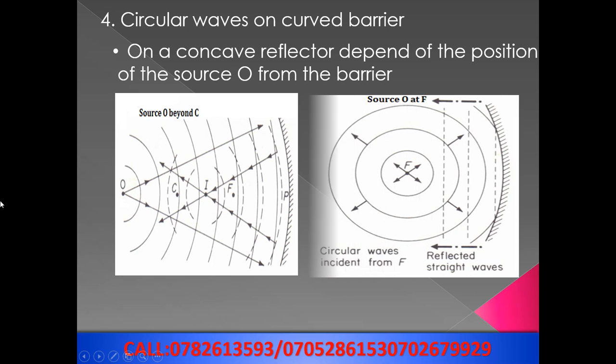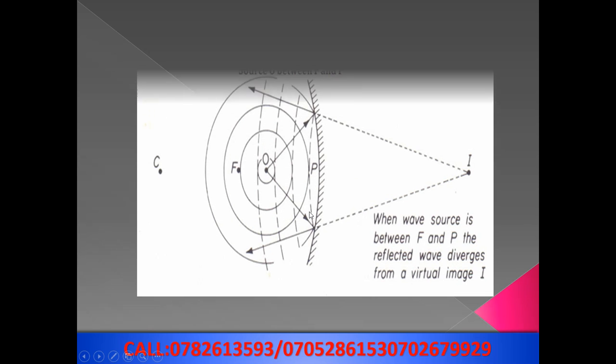Okay. But if the source O is at F, if now we shift this source to be at this point F, then if these are the incident waves, the reflected waves will be the dotted ones, and will be straight. If the source is at F, they will be straight. So you have to master how these waves are reflected. How about if the source